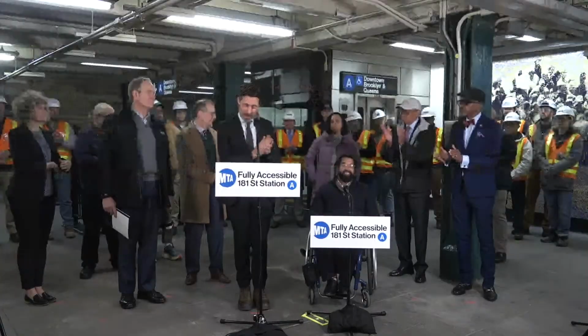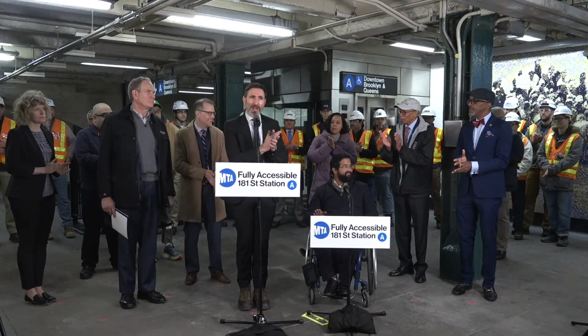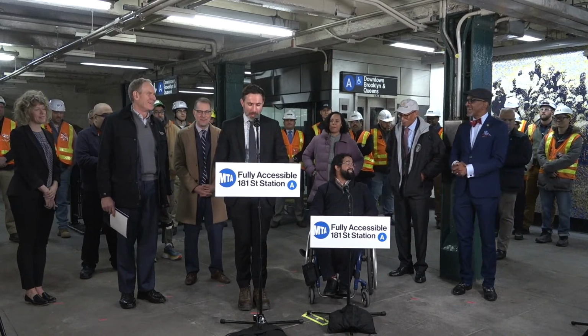This upgrade encompasses more than these 2 shiny new mezzanine to platform elevators. There's a lot of work that goes into making a station ADA accessible that you can't always see. We replaced the platform edges to include tactile strips for customer safety. We created a marked, all right, yeah. Hey, I don't know if you want to clap for each of these things because there's a lot. We marked a new ADA boarding area, and in alignment with ADA standards, we reconstructed these 2 new platform staircases,